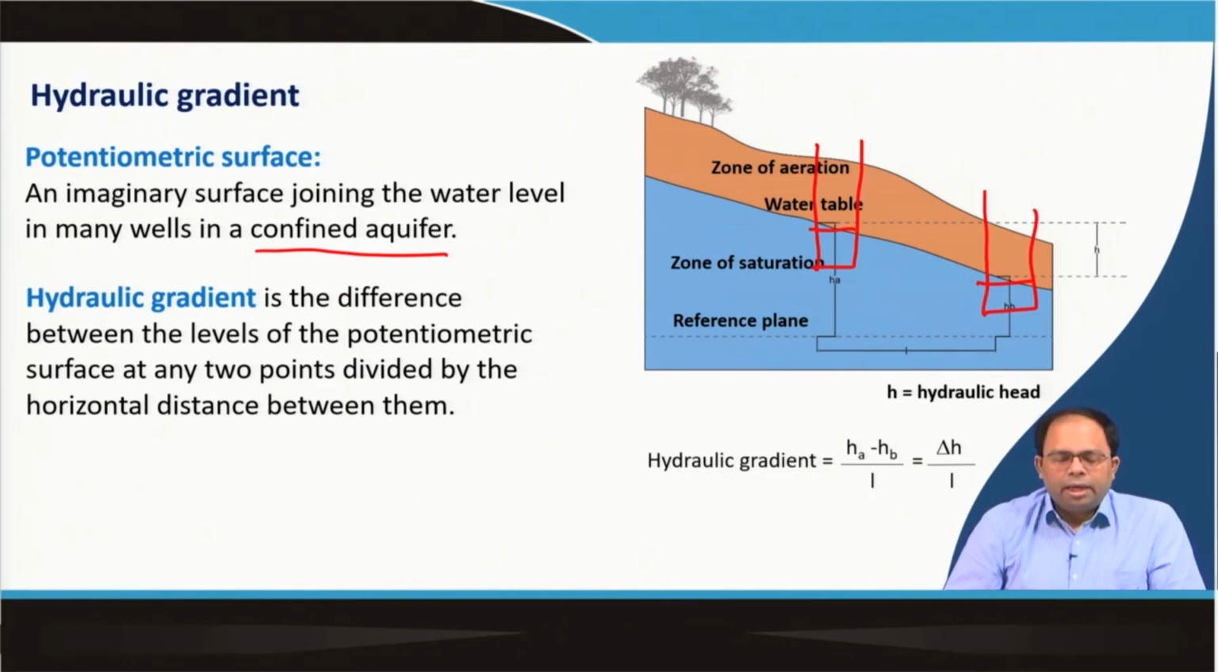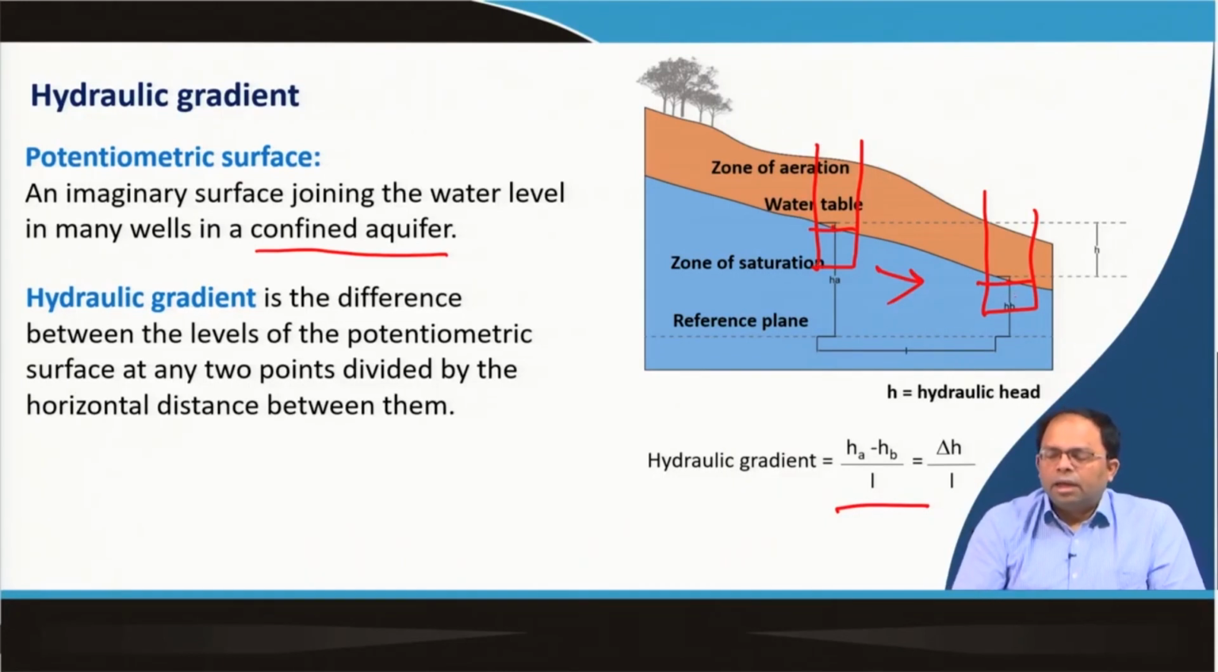So, hydraulic gradient is the difference between the levels of the potentiometric surface at any two points divided by the horizontal distance between them. That means the hydraulic gradient between these two places determines the flow of water. If this area is higher and this is lower, of course, water will flow in this direction. The flow depends on the hydraulic gradient, that means the difference between the levels of the potentiometric surface at both locations, and that determines the flow velocity